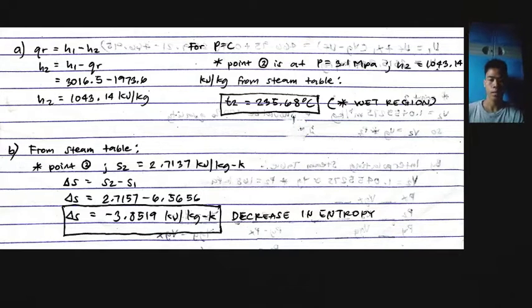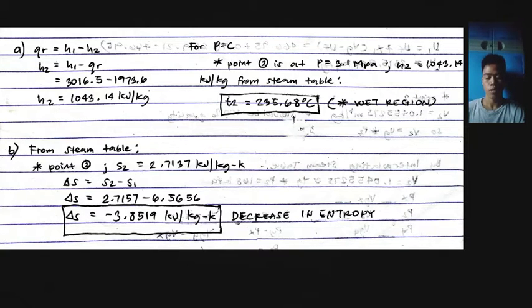So by calculating it, our H2 equals 1,043.14 kilojoules per kilogram. So for P equals C, point 2 is at P equals 3.1 megapascal and H2 equals